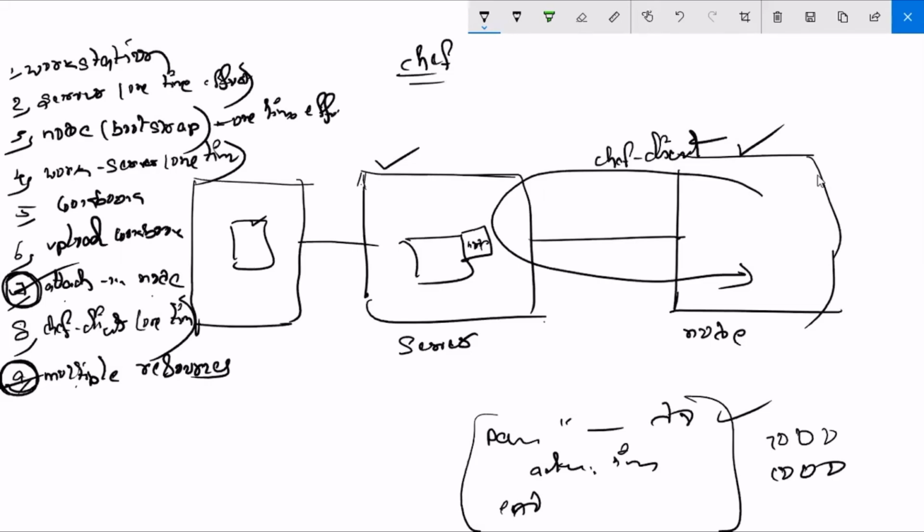So even thousands, whatever I said in my demo, thousands of nodes, even if you want to deal with thousands of nodes, that too within 2 to 3 minutes you can do it. That is what complete automation is, right? But here the problem is, if I want to install 1000 packages, I need to run this one 1000 times. I need to write this one 1000 times. And attaching cookbook to node, all 1000 times. So here we have a problem.